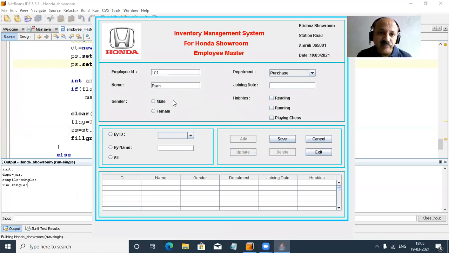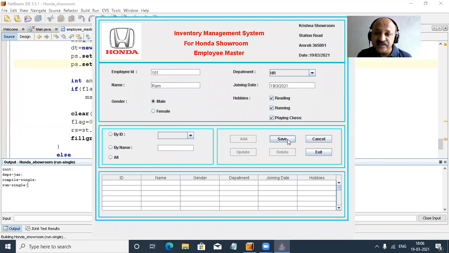Now I give Ram, then tab, mail and tab key. You can look, the cursor goes directly to department, and then HR, and now I give tab, so you can look, joining date. I give today's date, DDMMYY, March 19, 2021. And I select all hobbies, let us check all hobbies, and the save button.